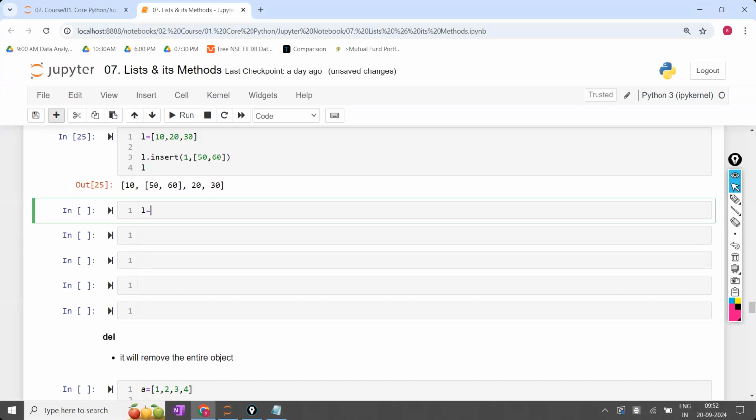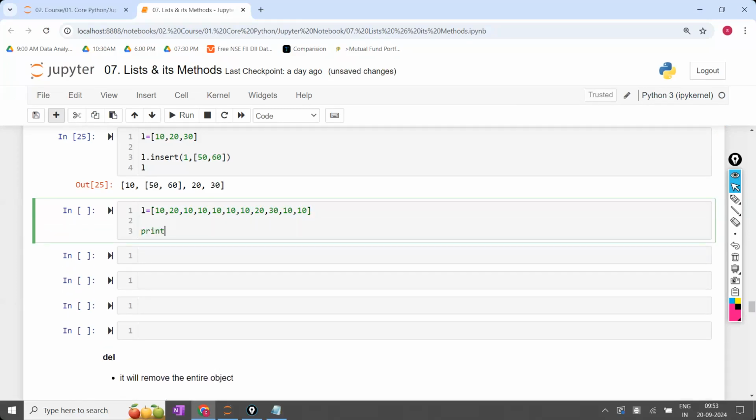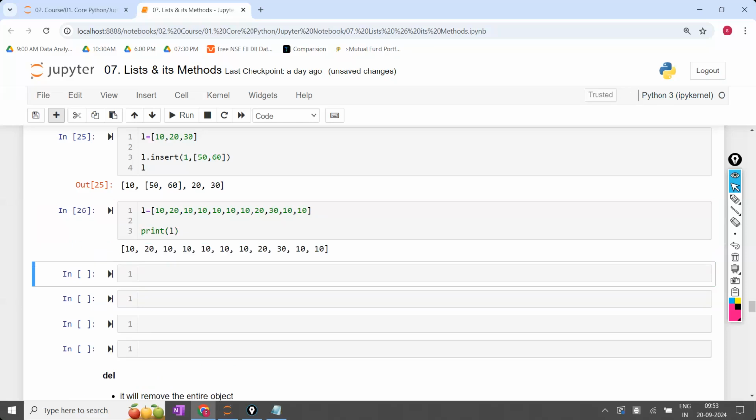Here, L is equal to 10, 20, 10, 10, 10, 10, 10, 20, 30, 10, 10. Multiple 10s are there, but I don't want all the 10s. I want to remove all the 10s at a time. Now, if I print my L value, this is the output. But I want to remove all the 10s. If I write L dot remove of 10